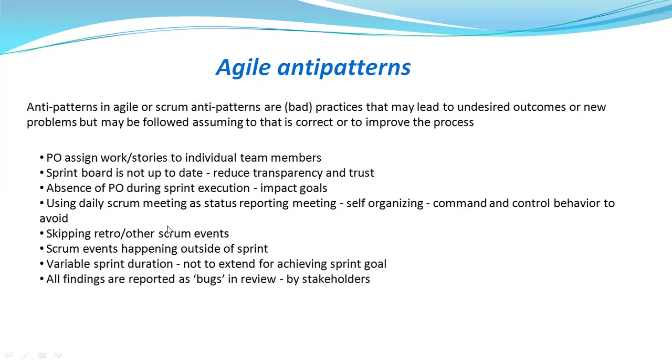What happens in a Scrum team, consider you're following a 3-week sprint. After the 3 weeks, some teams will have a retrospective meeting, that means on day 3 of the next sprint. No, the retrospective meeting is supposed to happen within the sprint, not outside of the particular sprint. Because if you're having it outside of the sprint, then you may not be able to have continuous improvement in the next sprint, right? So always remember, all the Scrum events should be happening within the sprint.